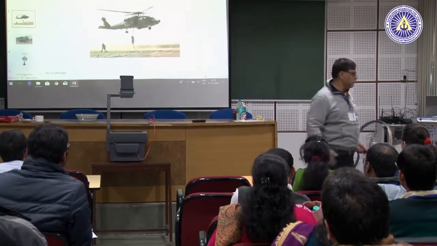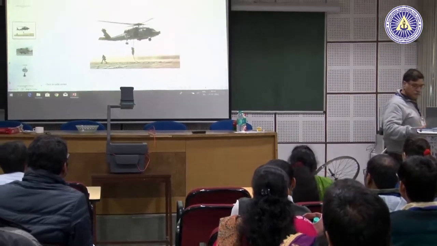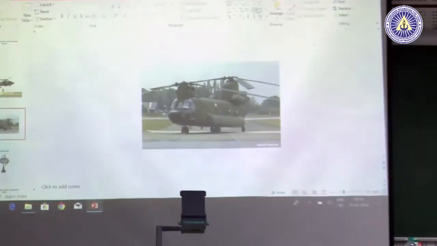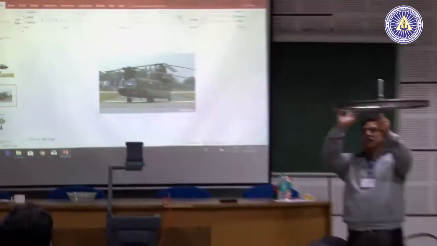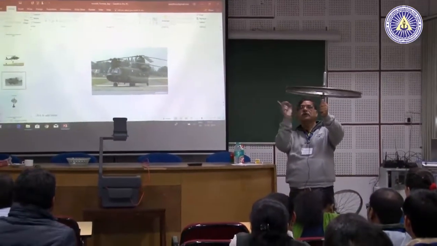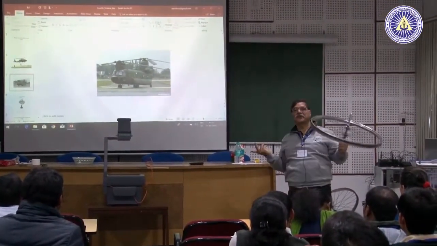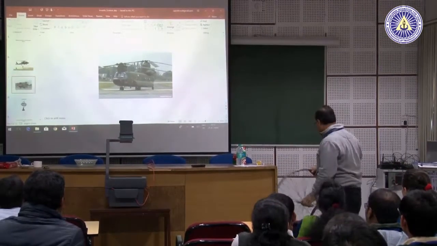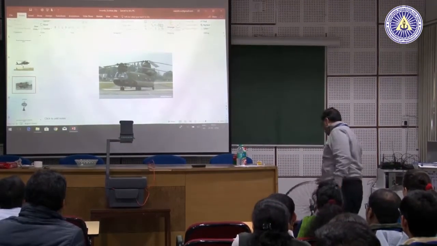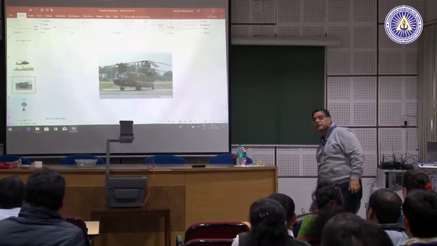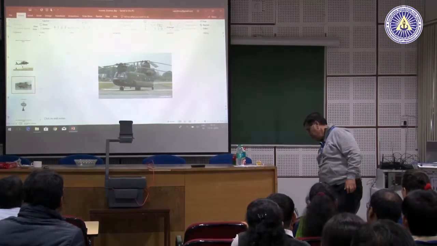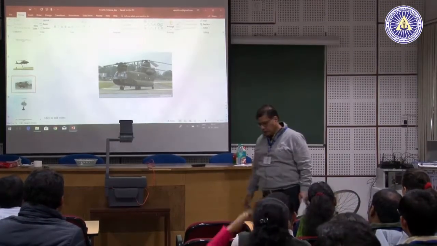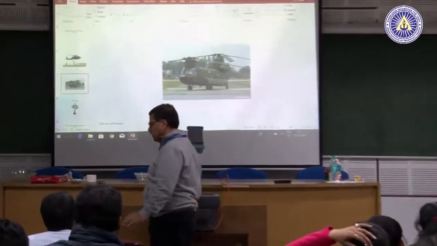And on the next page, instead of one wheel, you have two wheels, two rotors, one going the other way. Then you are balancing the torque. So either you should have a rear rotor or you should have two wheels, then you are doing all right. Is that okay? Now, again on the principle of conservation of angular momentum,